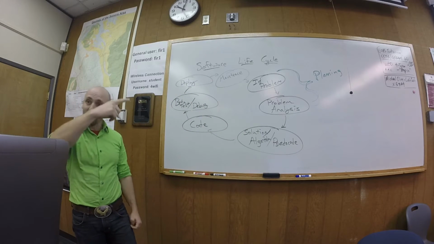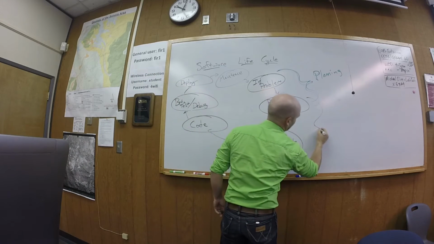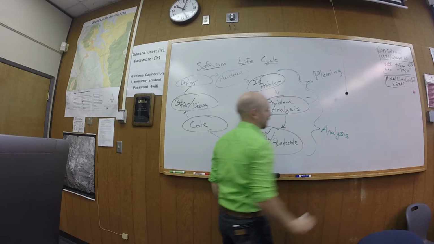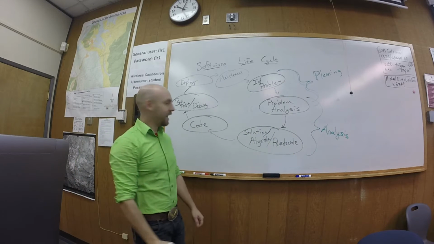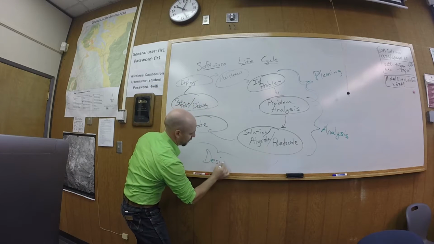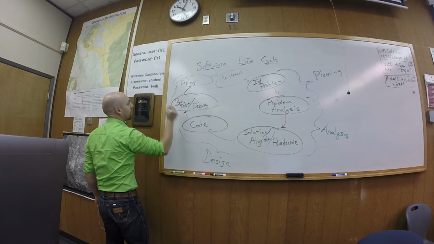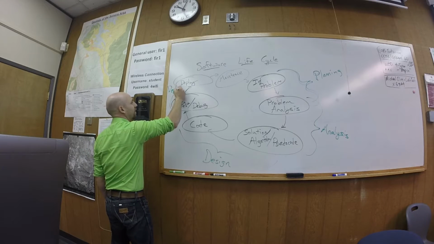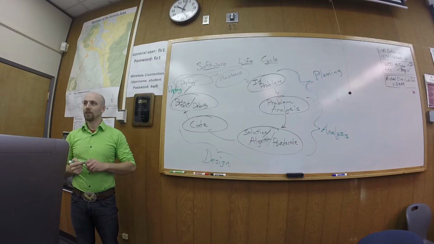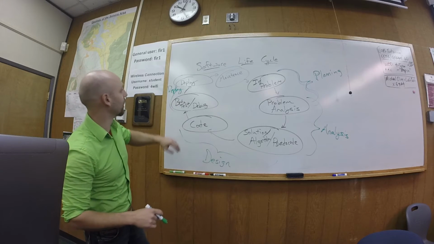Okay, so roughly we have planning steps, right? And then we have analysis steps, right? And then we have design steps, right? And then we have deploy steps. Okay? So depending on where you look for this diagram, sometimes it has these bubbles, sometimes it doesn't have the